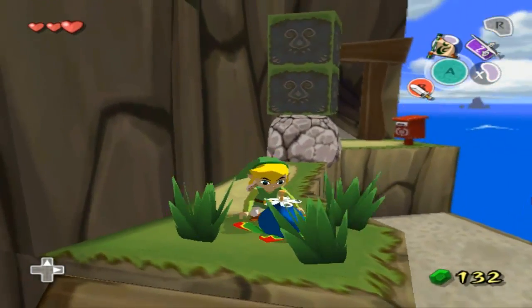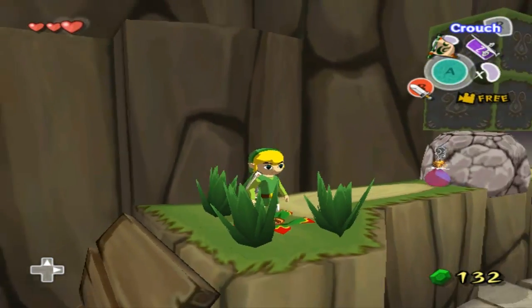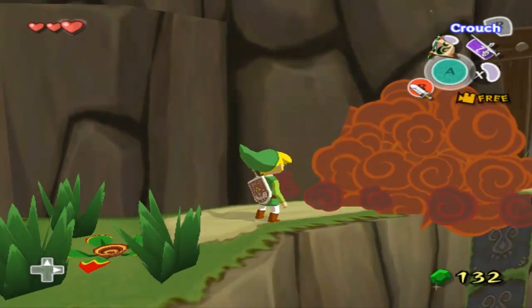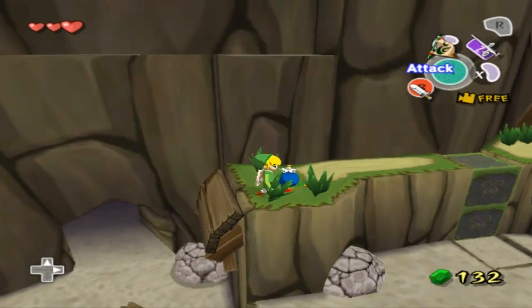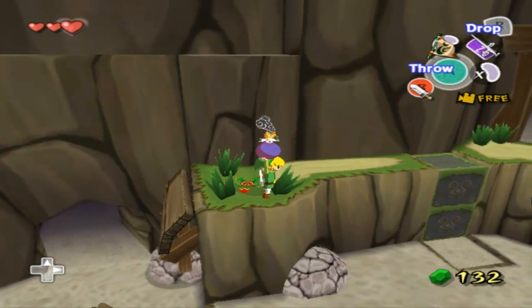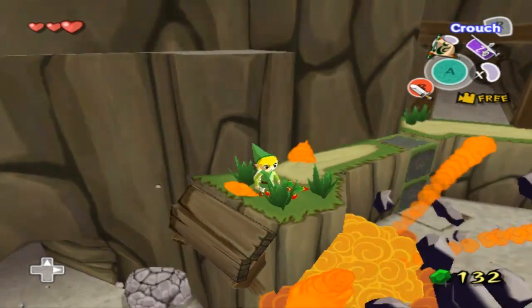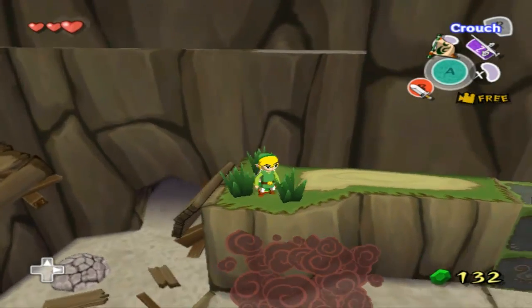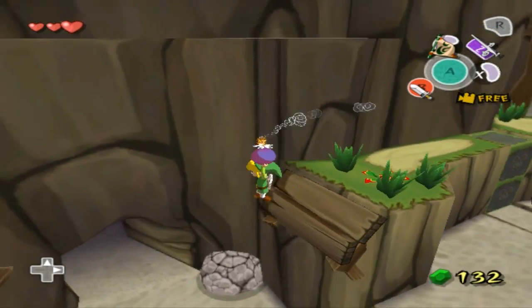And there we go. Drop down, take the bomb, and you can just put it right there. And there you go. Now you can find an easy way up. Let's see. I can actually do this. There you go. And you can do that for the other rocks here as well. I think if you take one...